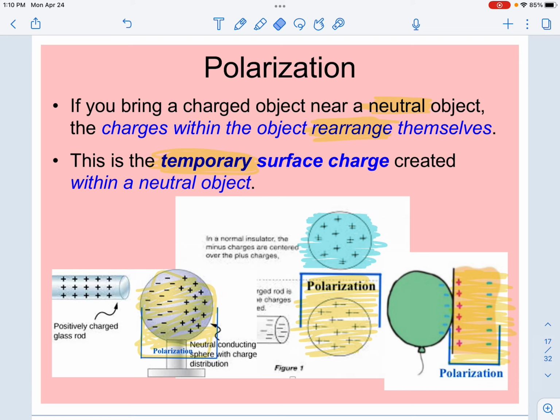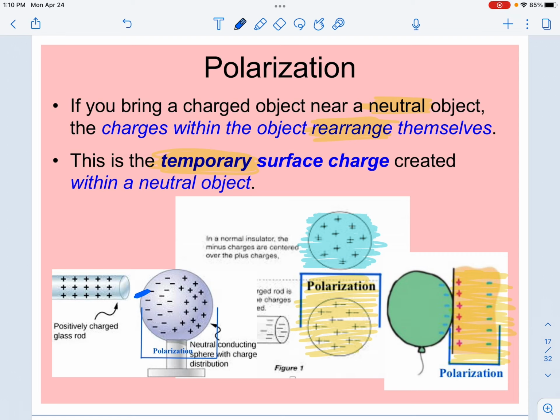I do not want you to focus on object number 2 in any of these pictures right now. Polarization happens within one object, and that one object is going to then have its electric charges move so that they are going to separate into an area, a side, a concentration